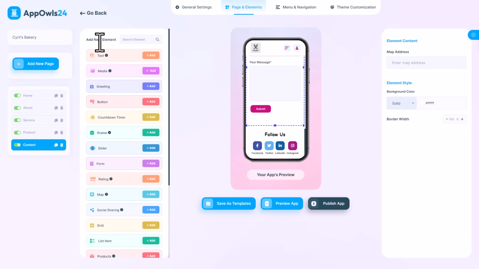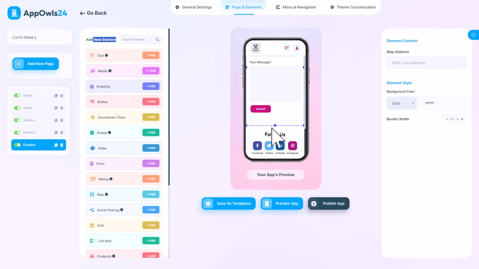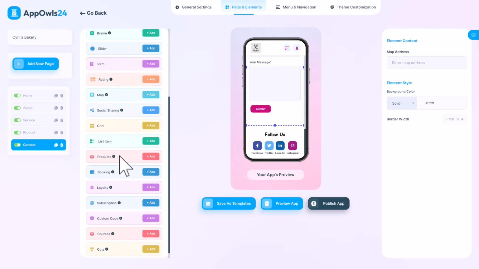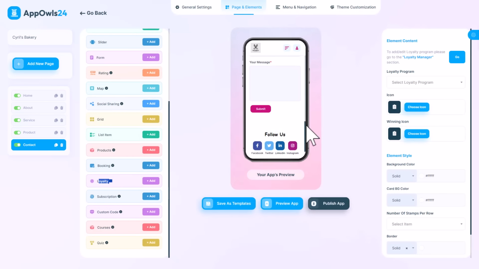But on the right side, you have all these elements. So you can actually add these elements to this particular screen and have more information in there. So for example, let's say I was gonna add my loyalty information on the About Us page. So just click on the add button over here and it will be added right over here. So you can see this is my loyalty program. If I wanted to put that in,